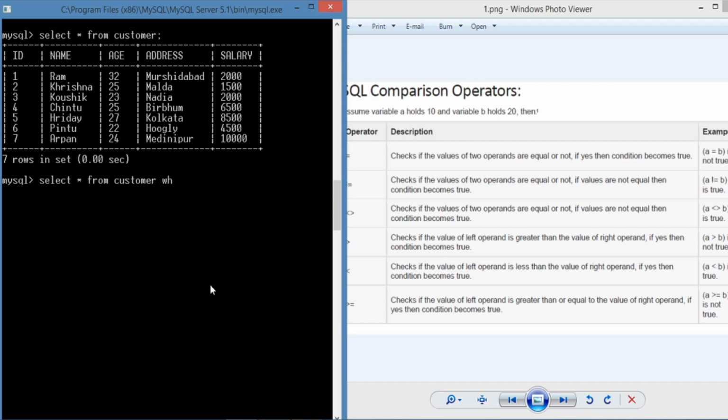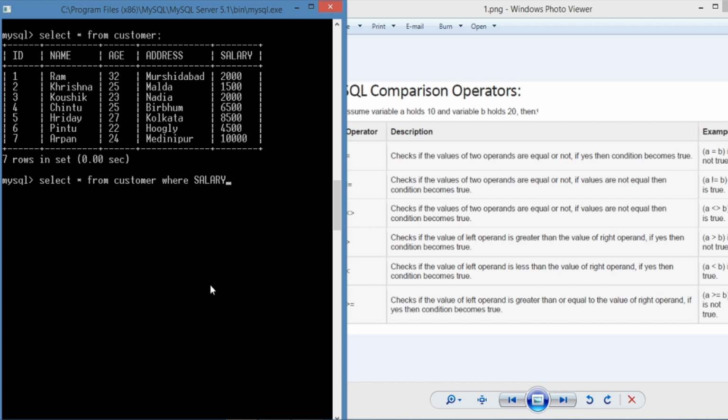Where salary. I want to check by this query whether the salary of the customers or the employees is equal to 20,000.